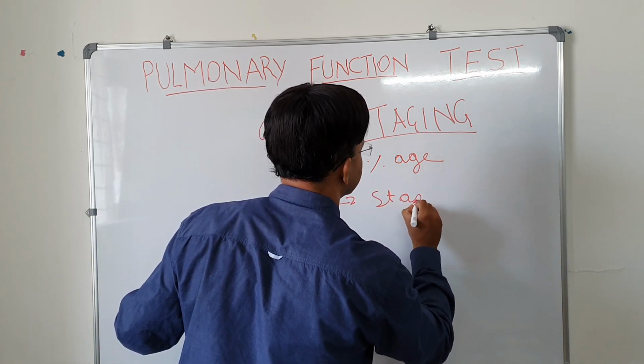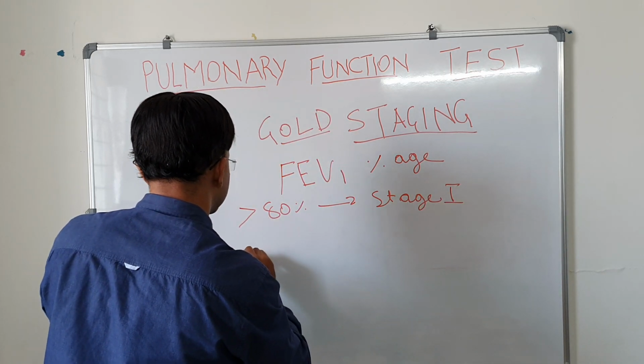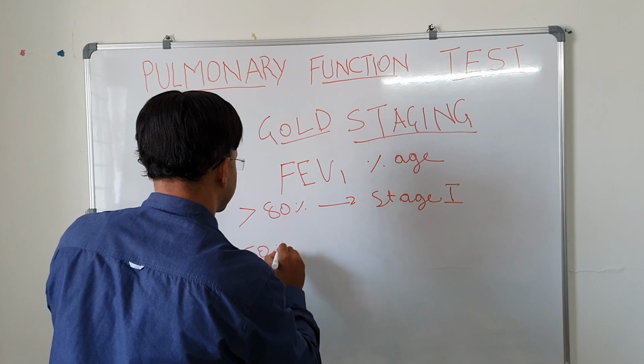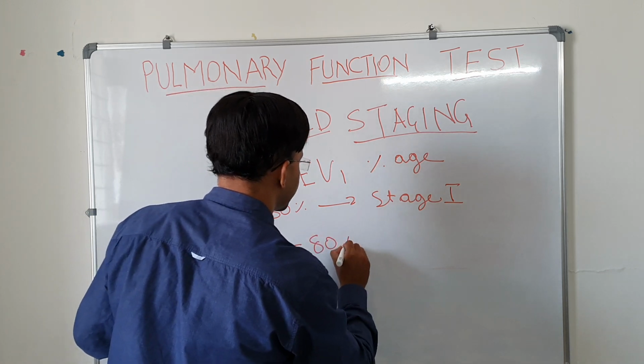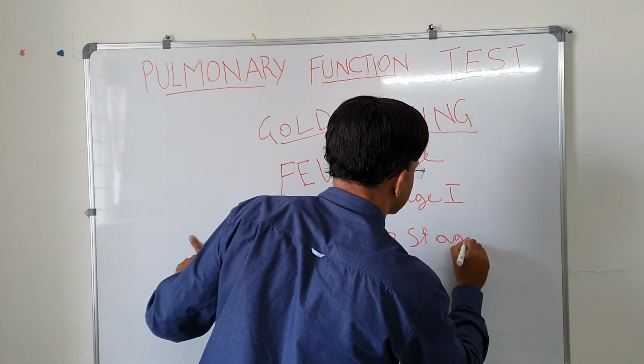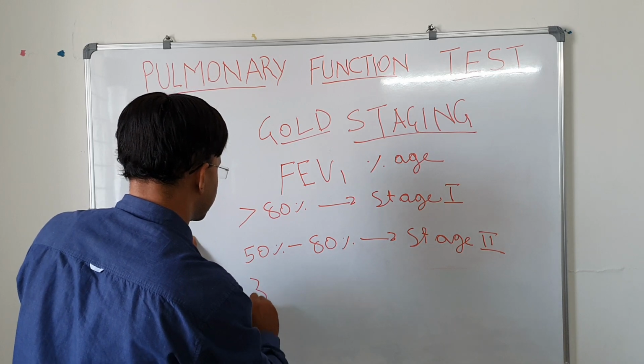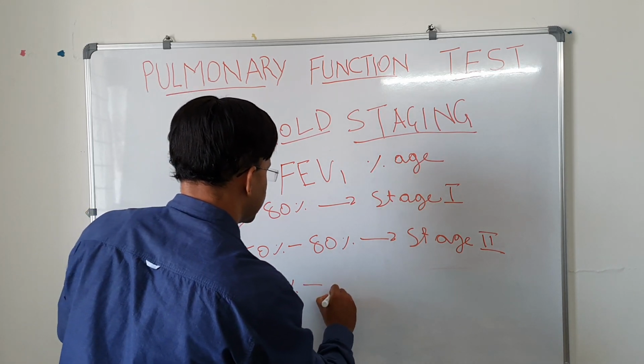This means mild. Then 50 to 80% is called stage 2. 30 to 50% is stage